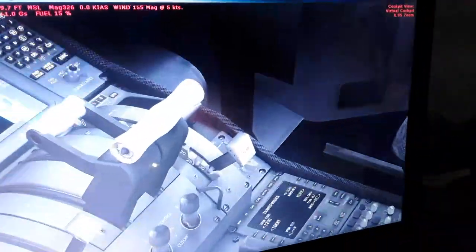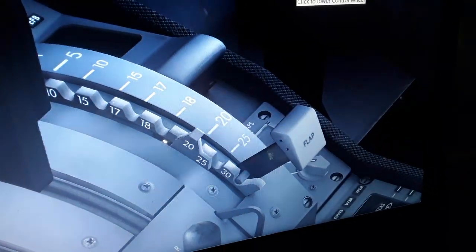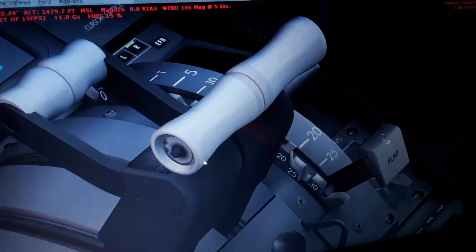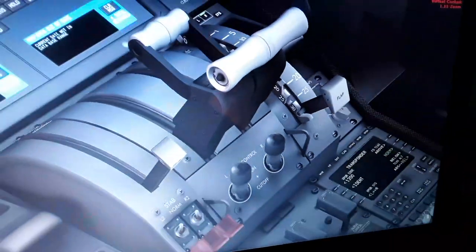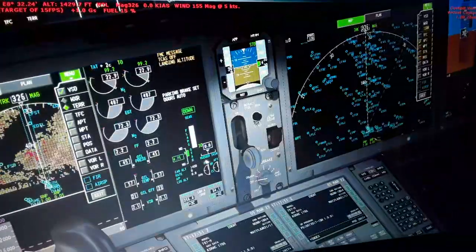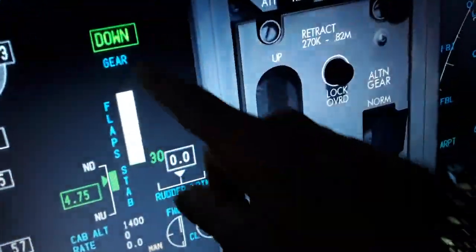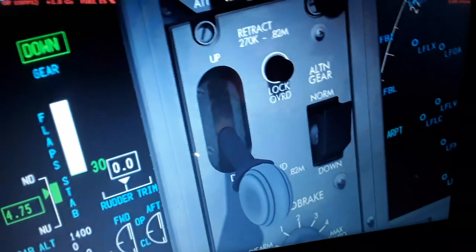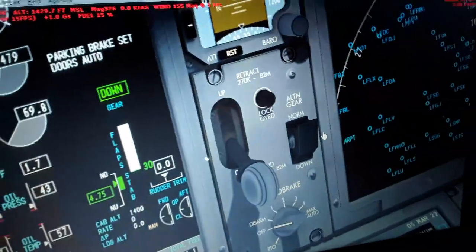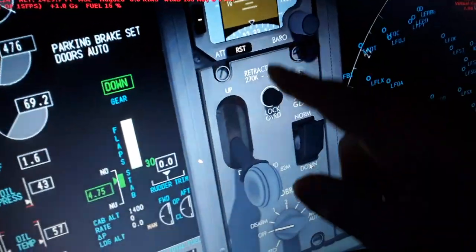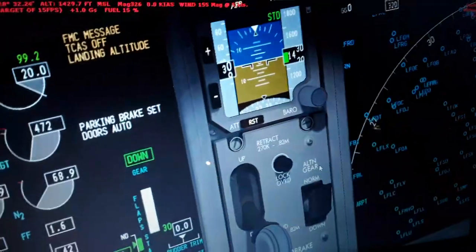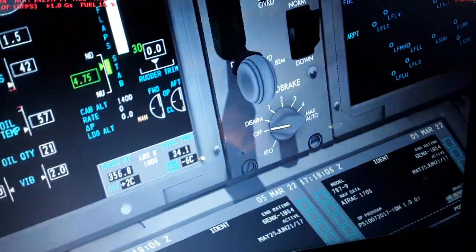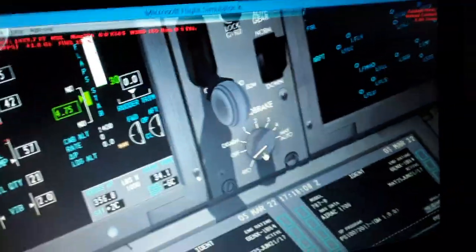Also you can see the flaps position. We can extend or retract like this. So this way we retract, this way you extend how many degrees you need for takeoff or for landing. The flaps increase the surface area, and here the speed brakes. So you see the flaps over here, position, landing gear also, extend and retract, this handle over here, the alternate gear, the lock override, the retract speed, the standby instrument here, the auto brake position, you can see